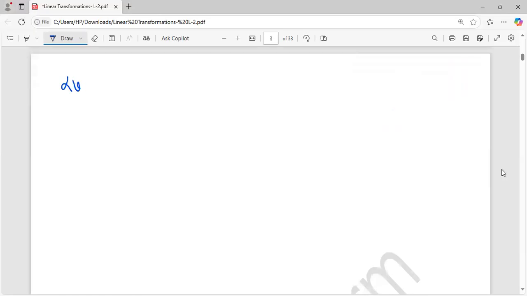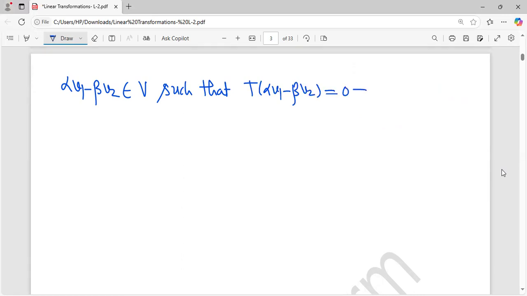So alpha v1 minus beta v2 belongs to V such that T(alpha v1 minus beta v2) is equal to 0. This implies alpha v1 minus beta v2 belongs to N(T)